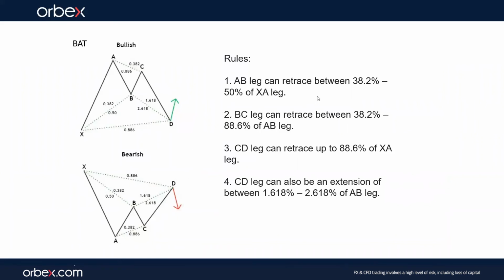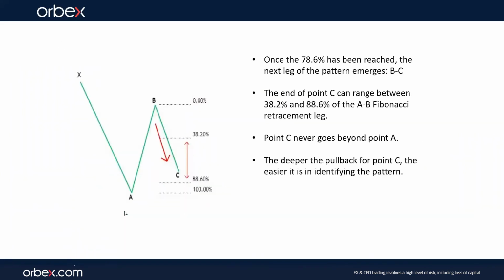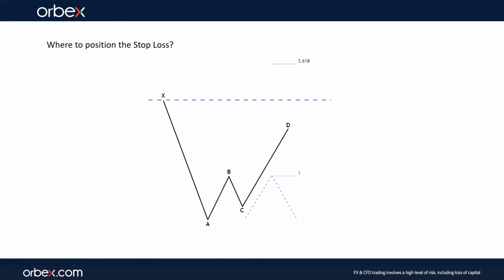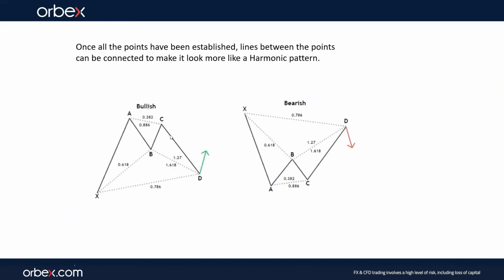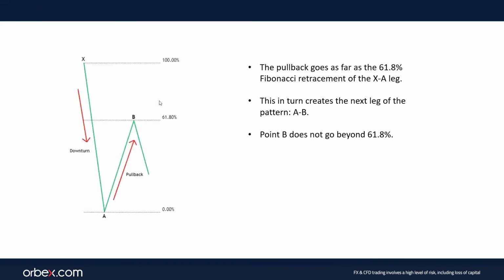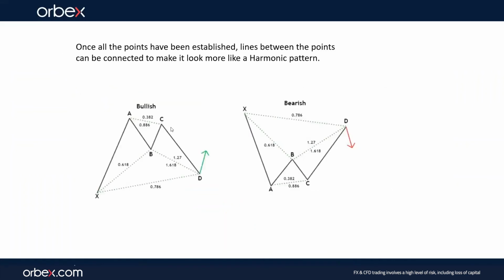So the AB leg can be retraced between 38.2 and 50% of the XA leg. So basically, we've gone here, we're going for the retracement, and this can fall between 38.2% and 50% of leg X to A. So like with the other Gartley and butterfly patterns, we've got a single number here, 61.8%, or for the butterfly